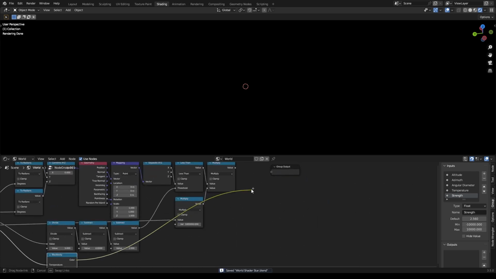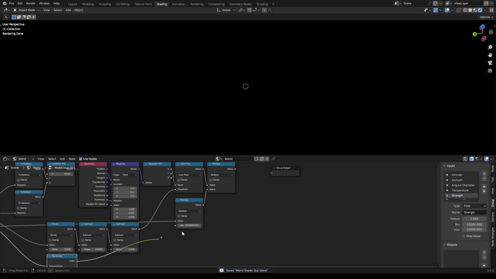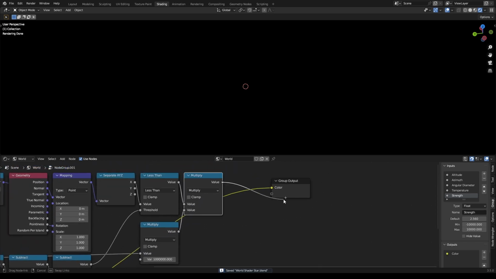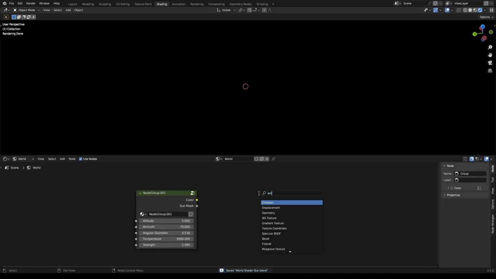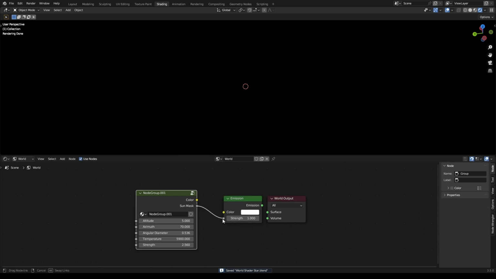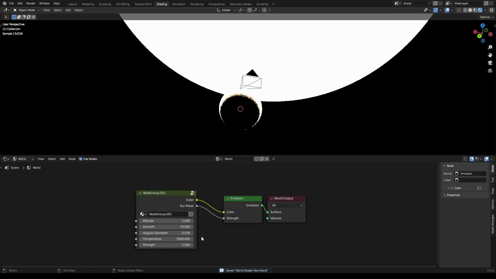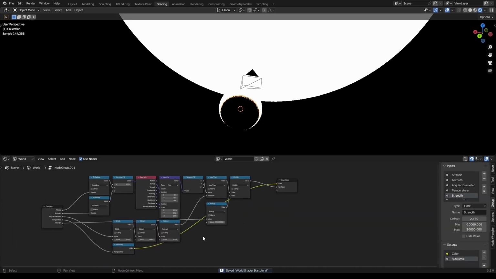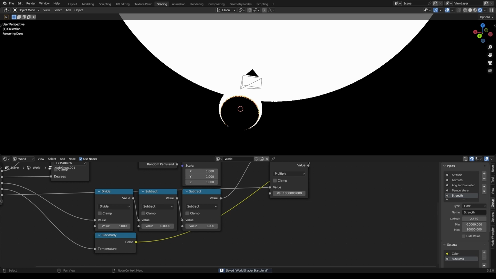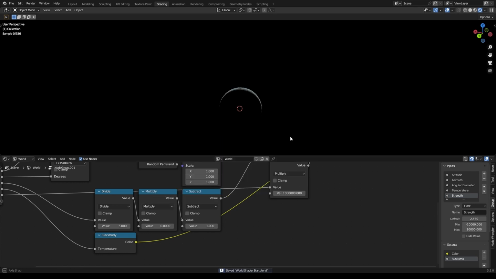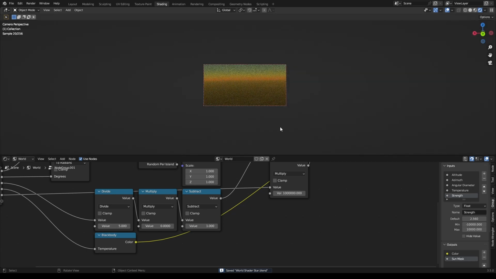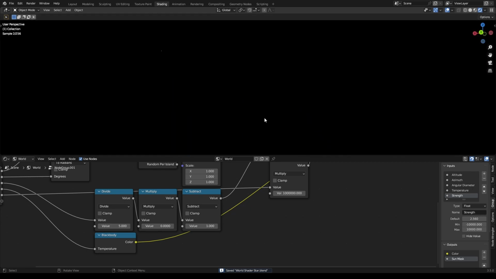Okay. Now you want to plug this into here. Plug this into here, keep that as color. Plug this into the output and just call this sun mask. And then exit out of there. Plug the sun mask into the strength of an emission and the color into the color, emission into surface. That's a bit bright. Oh, sorry, set this to multiply. And now we have a